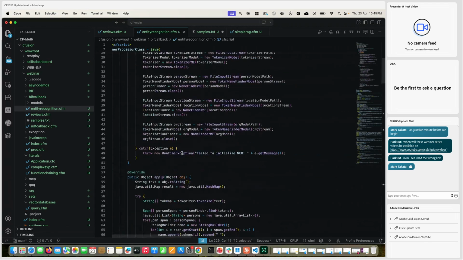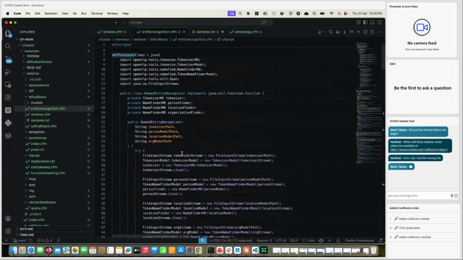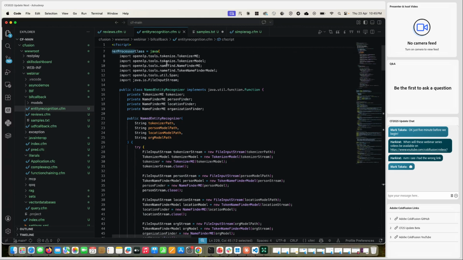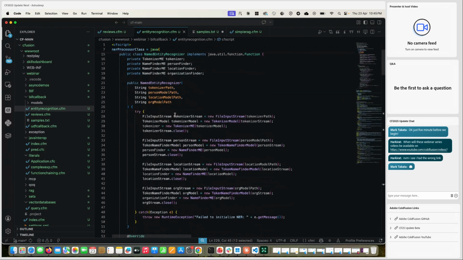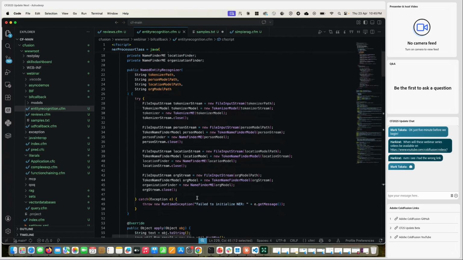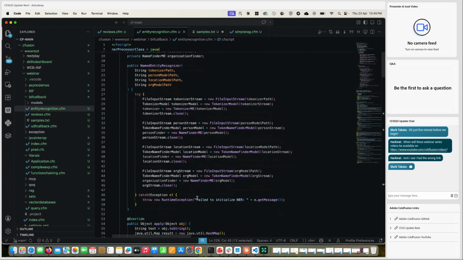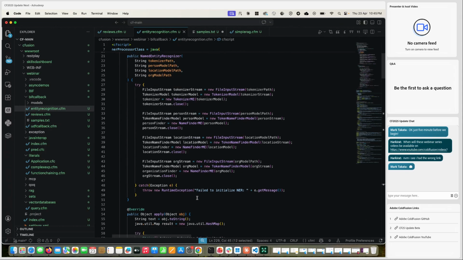If we go to the NER processor, what it does is, it uses a Java library, OpenNLP tools, and it tokenizes, and based on that, it tries to find out. Then it has its own models, like a person model, location model, and organization model, using which it gives tokens to that, and it tries to categorize whether there is a person entity or an organization entity or a place entity, right? So all this logic